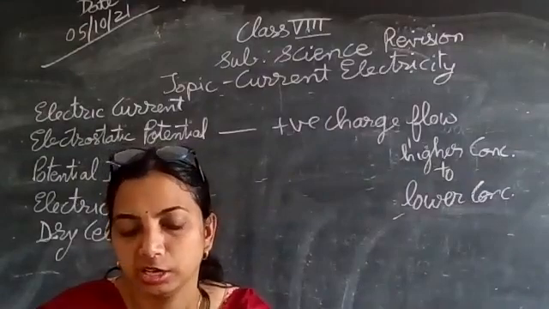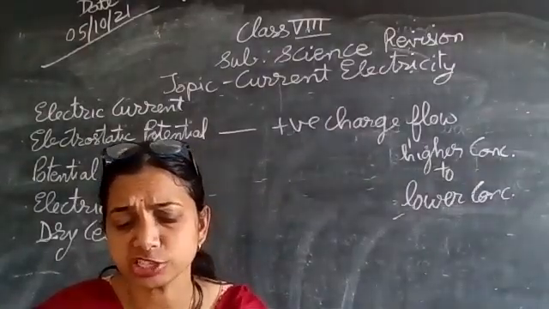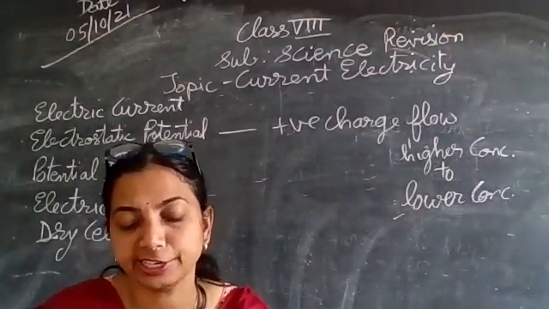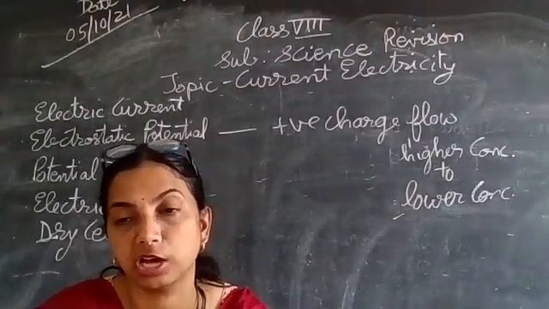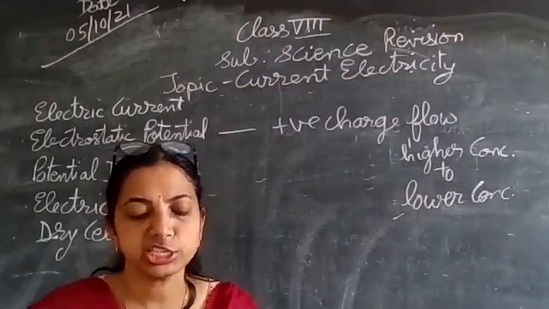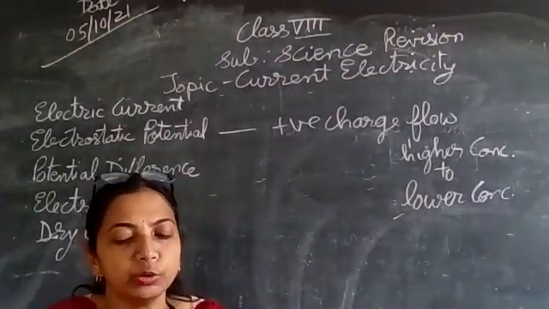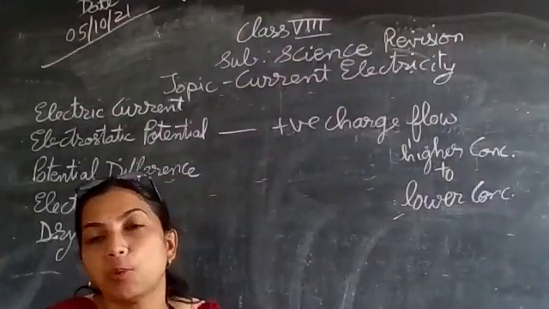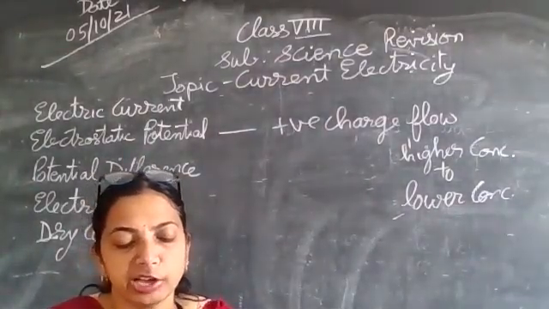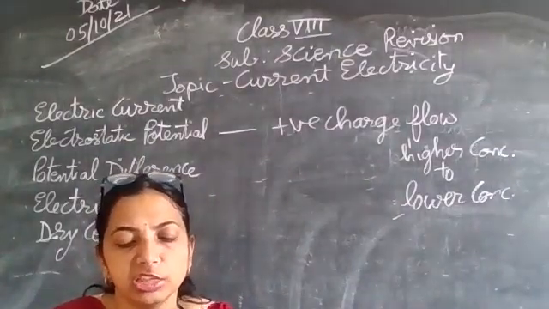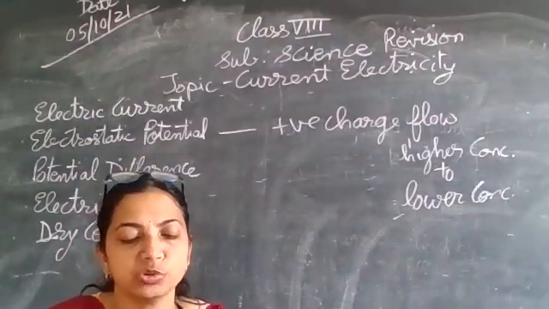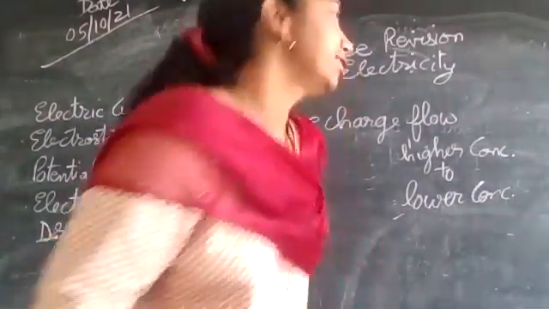One end has a higher concentration of negative charge, and the charge moves on to the other end, where the charge of the dry cell is different. These electrons flow from the negative terminal of the cell to the positive terminal of the cell. Conventional current flows in the opposite direction and is shown in the figure this way.